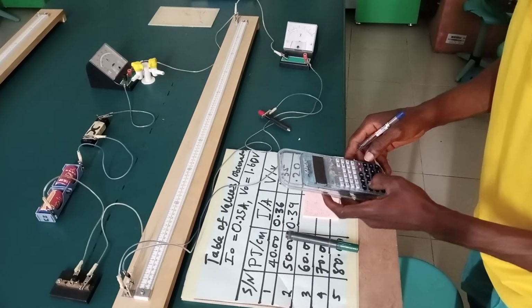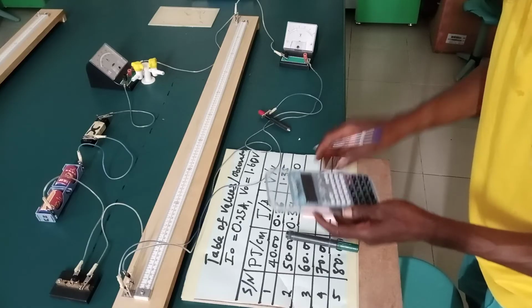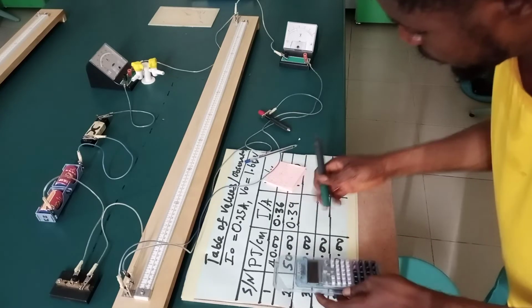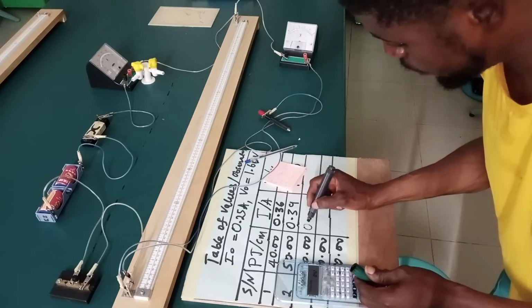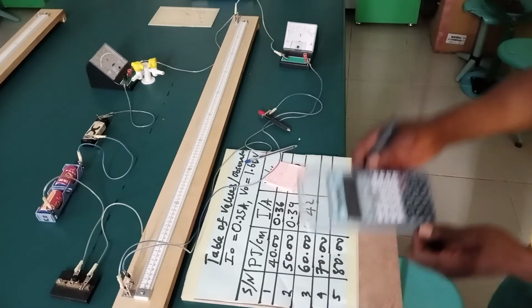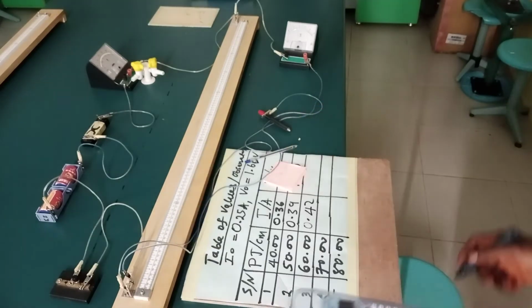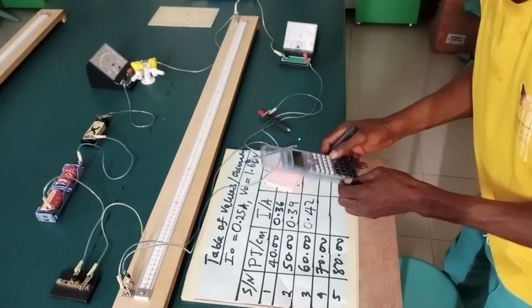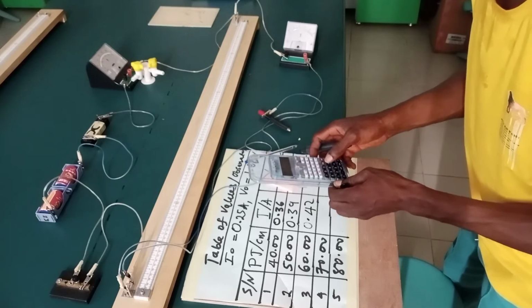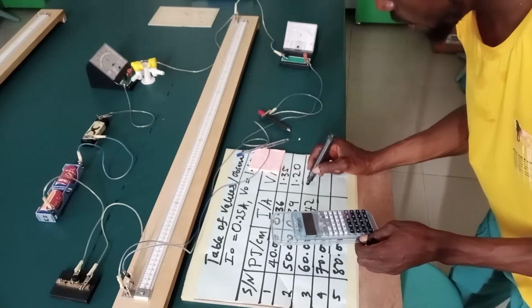So we'll say 7 times 0.06. Here I have 0.42. 11.5 times 0.1. That will give me